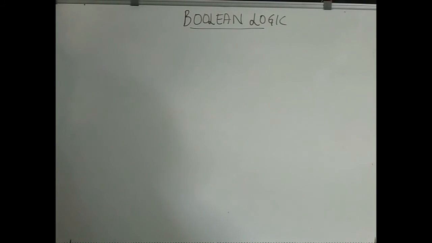Boolean logic is a very easy way to figure out the truth of an expression using the simple concept of true or false. Consider some examples, like, should I go to a restaurant or not? The answer will be either true or false. Let us take another example. Should I purchase a new mobile phone or not? The answer may be either true or false.